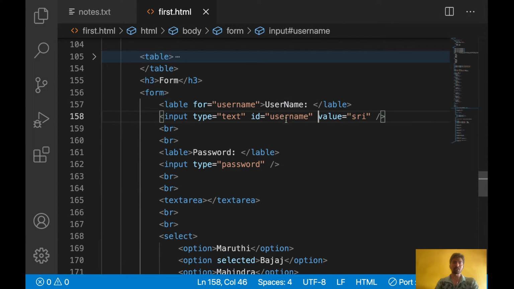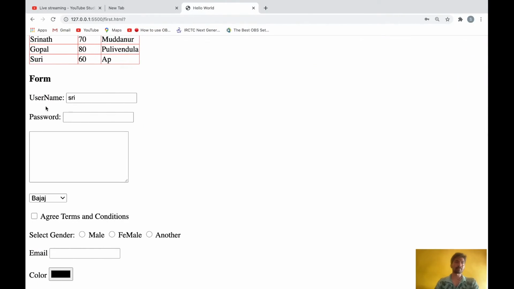Okay, this spelling is wrong. Now let's see. See, it is focusing. Once I click this label, that input is focusing. So without clicking directly on the input, you can click on the label and focus that input field.